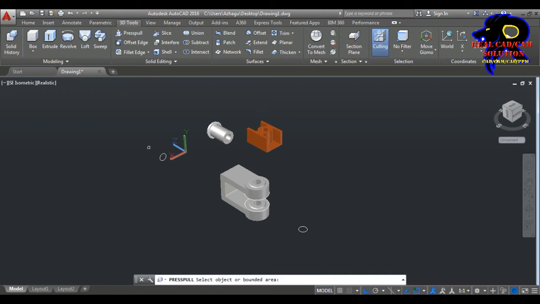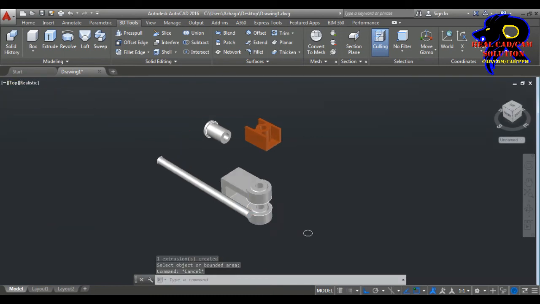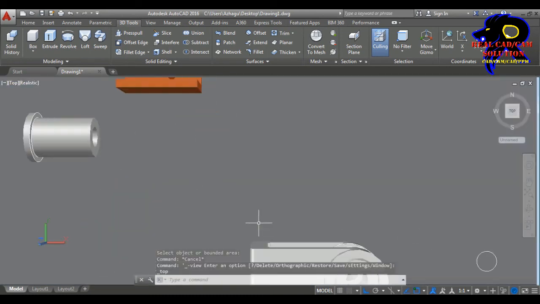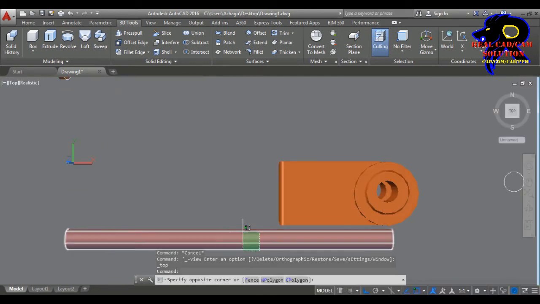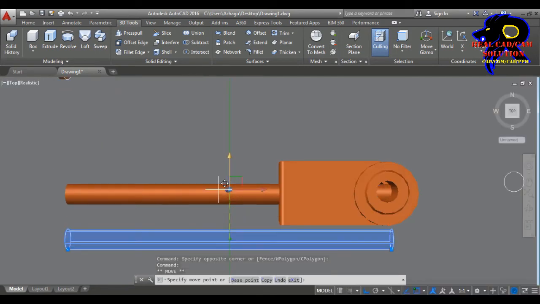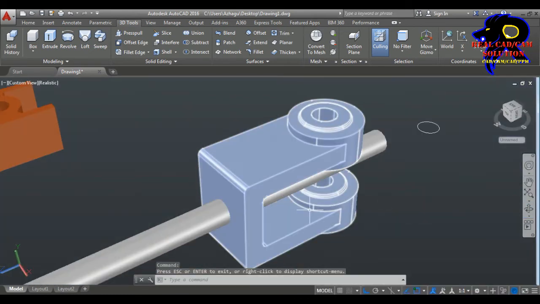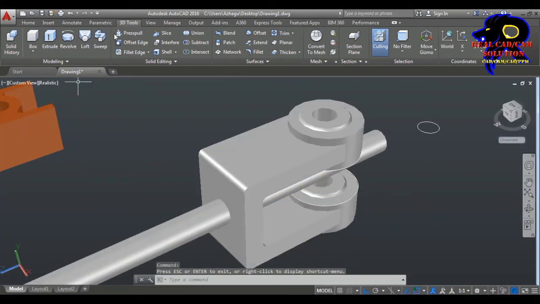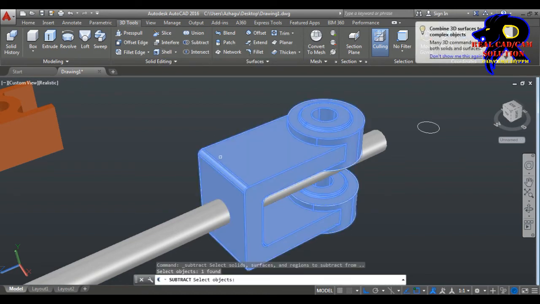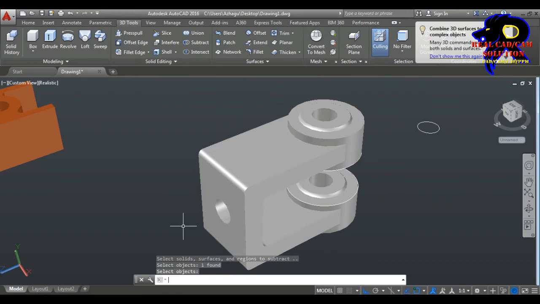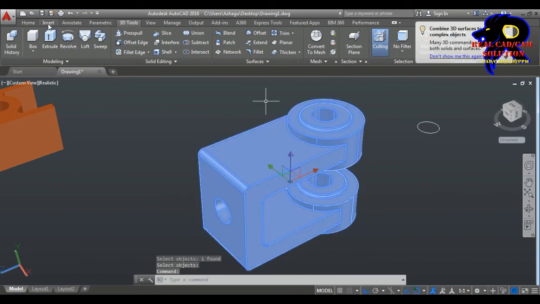I choose the press pull like this. It comes out great. Yeah, and go to the top view. Just choose this cylinder and go to use move gizmo to move it to the interior of the part and go to rotate like this and subtract to the base unit and to the part unit. Okay, it just subtracted.